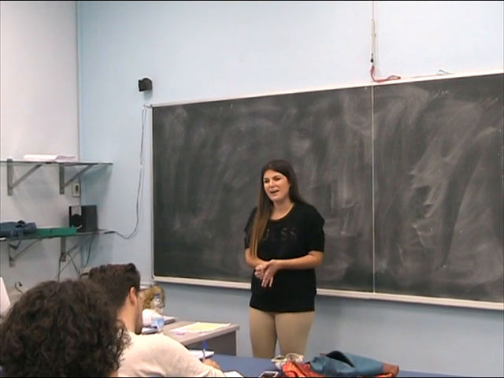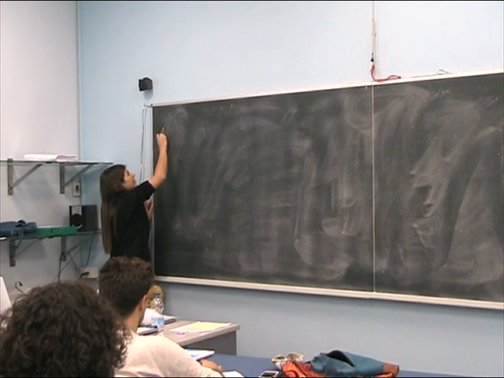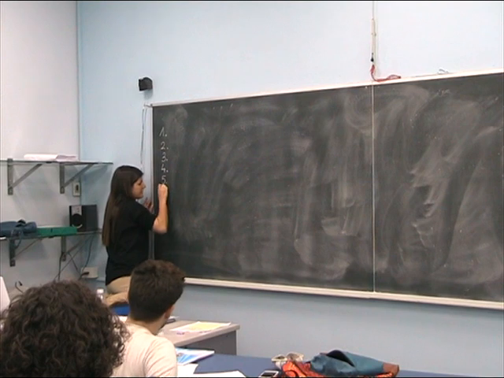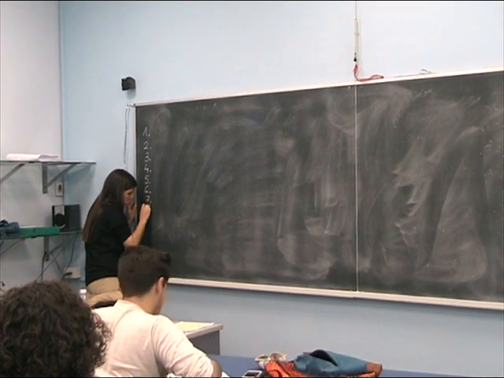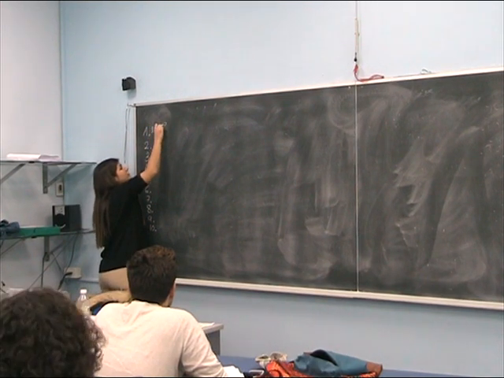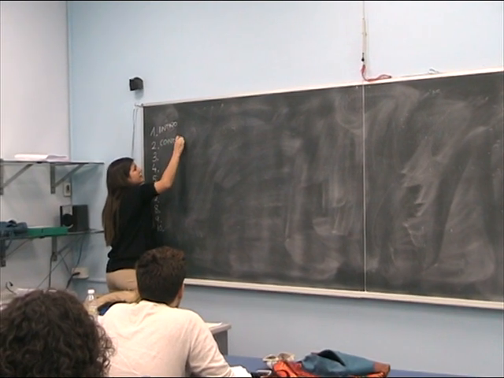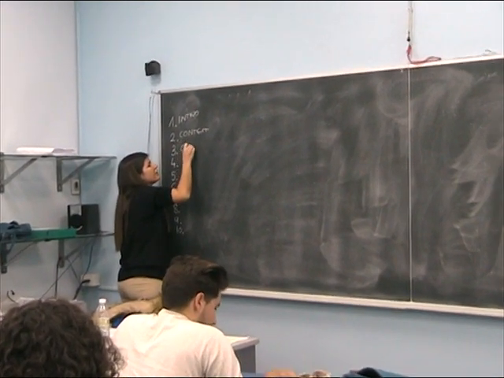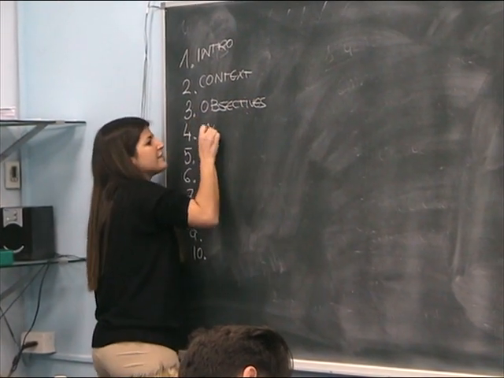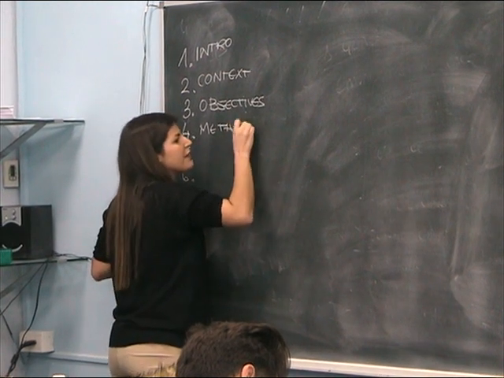Okay, good afternoon. My name is Julia Lopez Rojo, and I'm going to present my course planning, which is going to be divided into 10 different sections. I will start with the introduction, then I will move on to the context, then we'll cover objectives, then in section number 4, we'll deal with methodology,